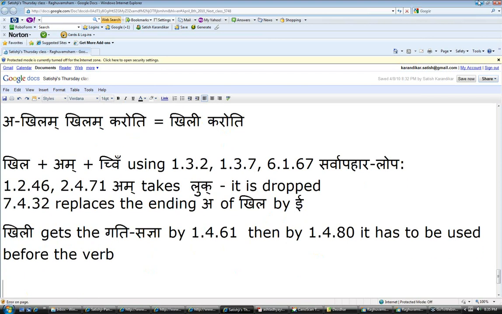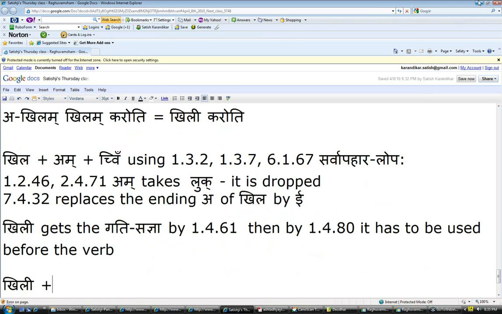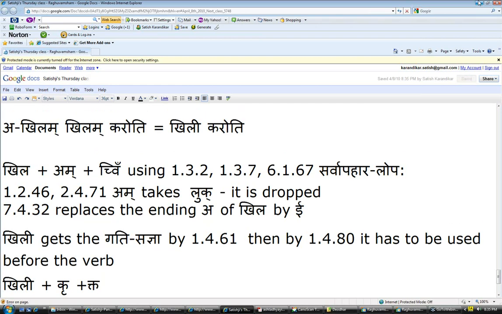So we got khili, and now we can use any form of kru, bhu, or as. It can be a participle form, it can be a lakara form. In our case we have kru, and simply the nishtha pratyaya has been used. This is an anit dhatu, there is no idagamaha, and because the ta has ka as an it, there is no guna either, because of kiniticha. Therefore khili krita, which was made vacant. Something which was not vacant before has been made vacant, or made untrodden. So that is the word khili krita.